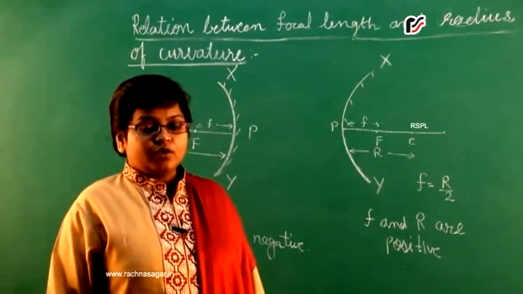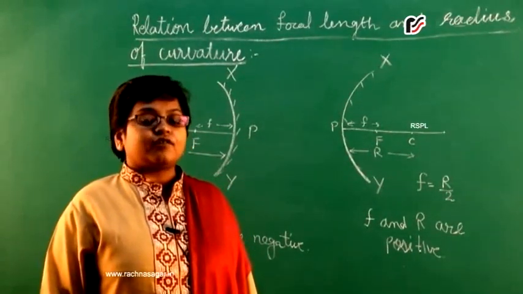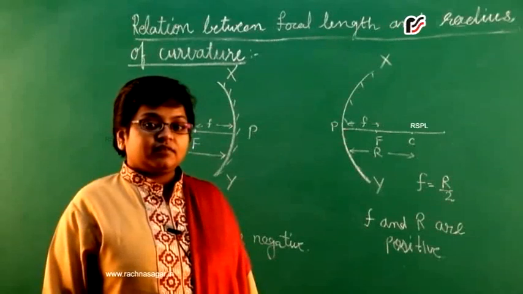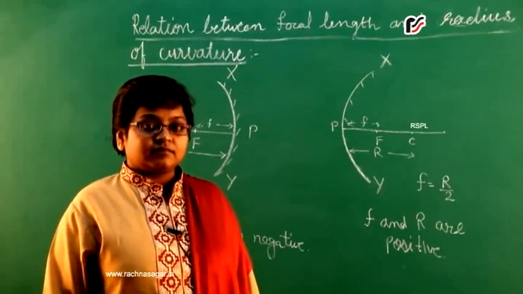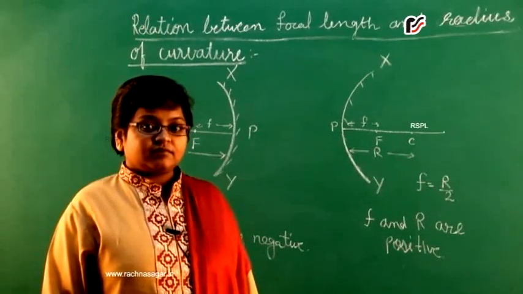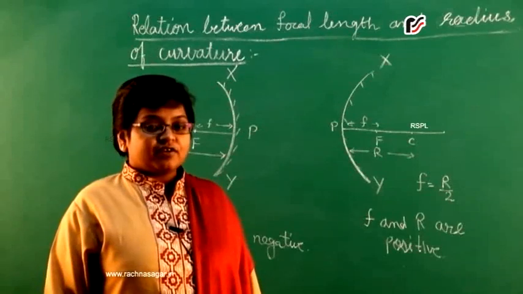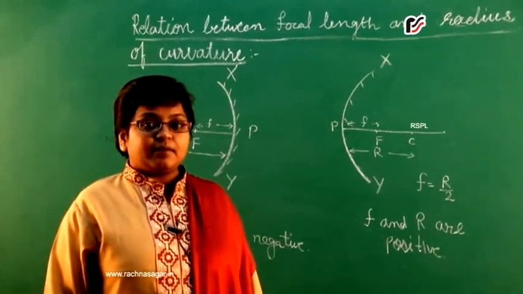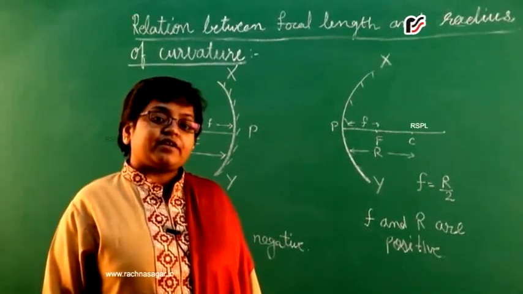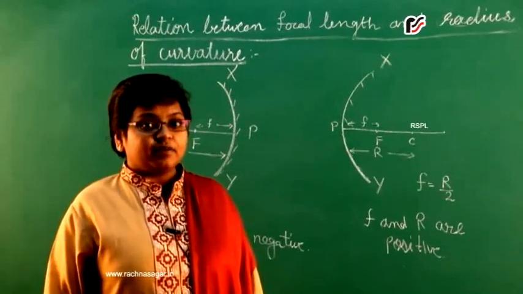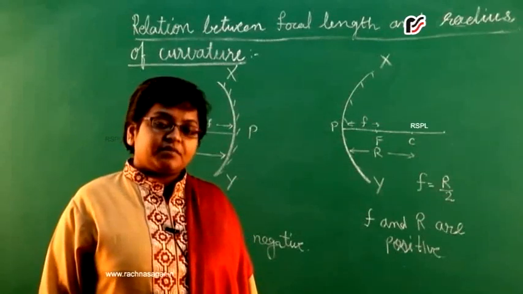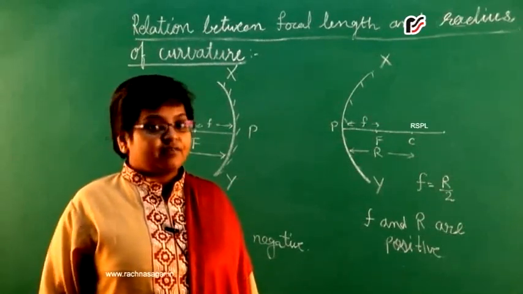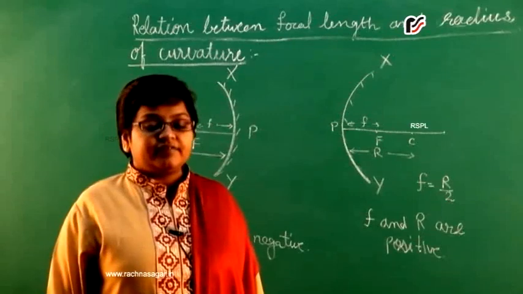Students, do you know what about the focal length of a plane mirror? Ma'am, as the plane mirror is assumed to be a part of a spherical mirror of infinite radius of curvature, and as the radius of curvature is infinite, its focal length is infinity. Yeah, because we consider that the plane mirror is a part of a very huge spherical mirror, that is, the radius of curvature is infinity, and similarly focal length is equal to half of infinity, that is again infinity.